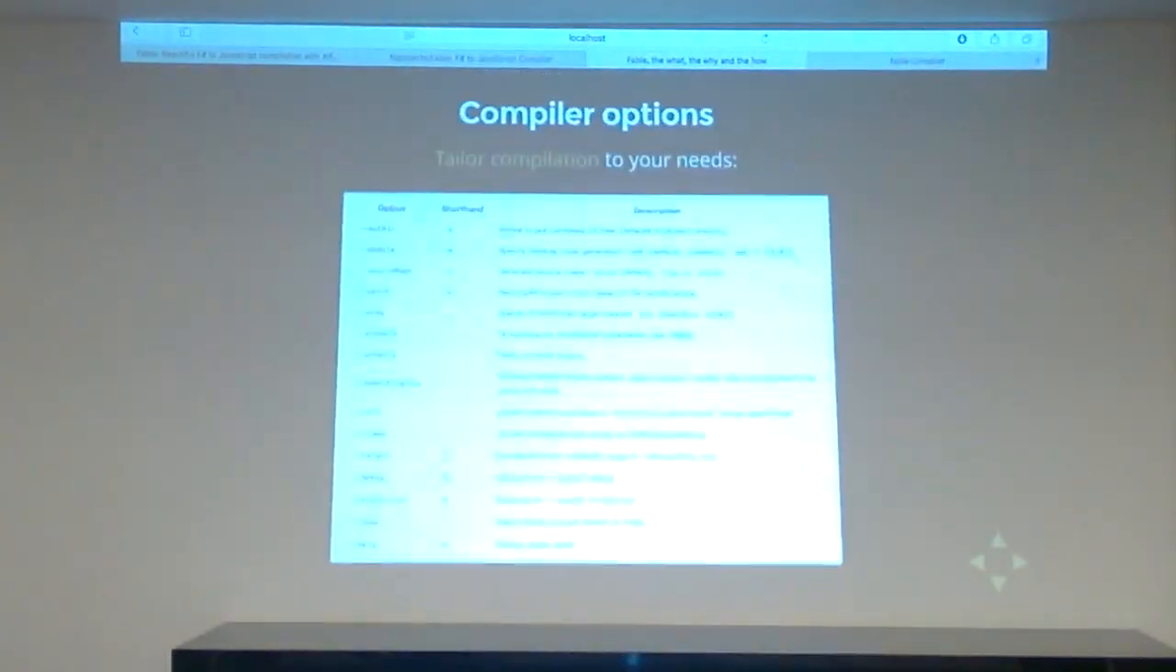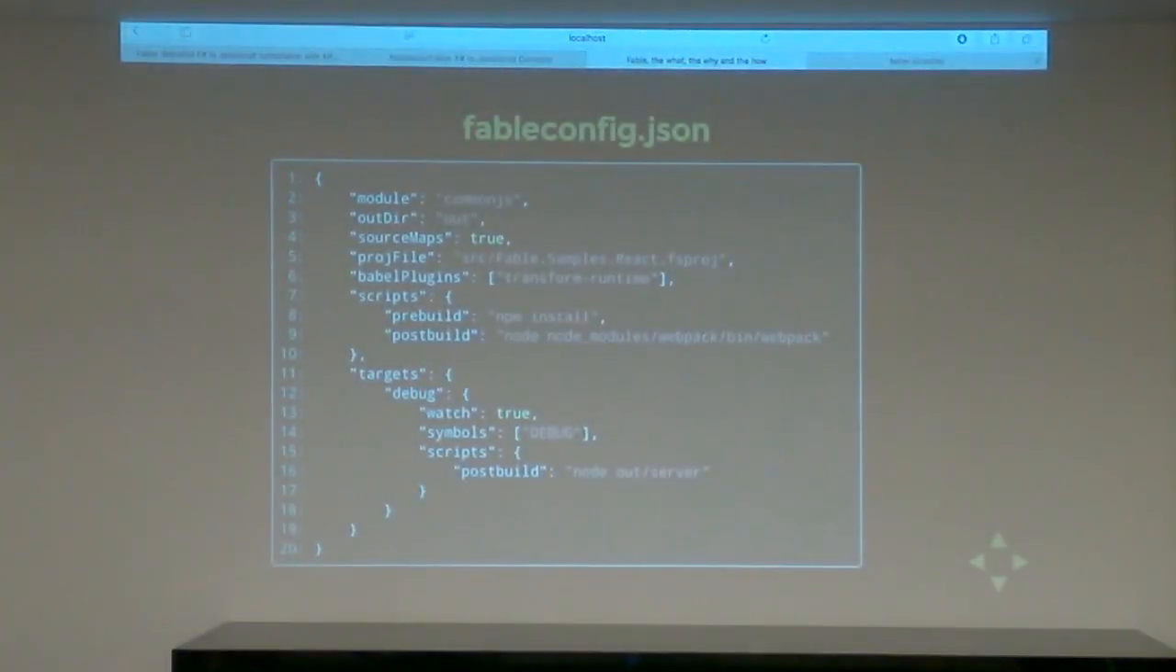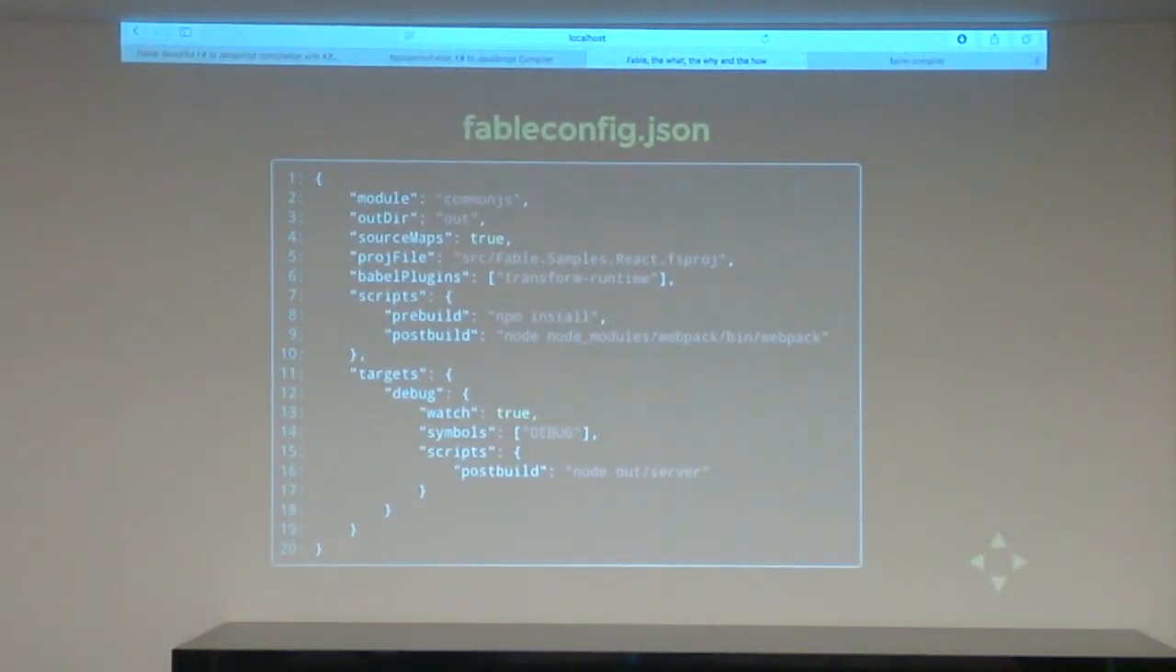As you can see, this can get a bit complicated if you have several options and you have to type them all the time. So we also support the Fable config JSON file. This is very similar to, I don't know if you have worked with TypeScript, the tsconfig JSON, I think. It's just the same options that we use with the command line. We can specify them in a Fable config JSON, and there are also